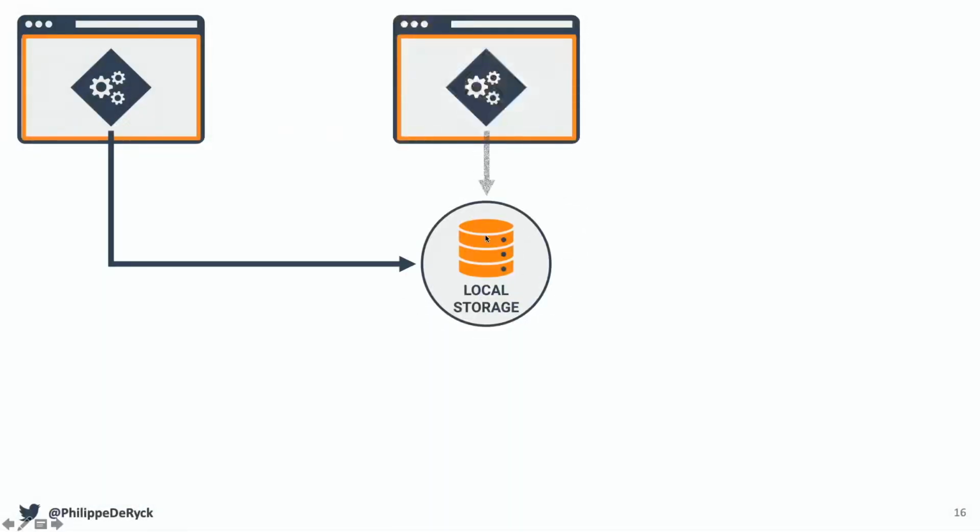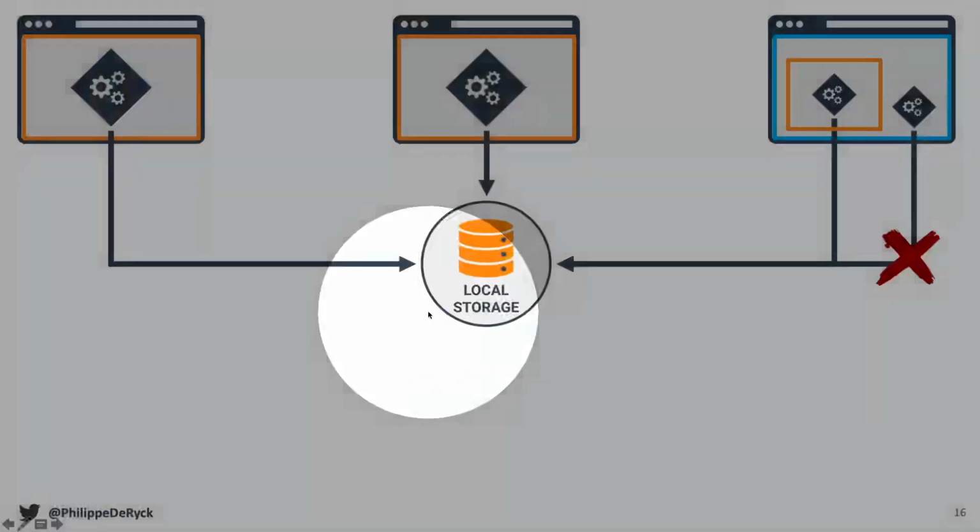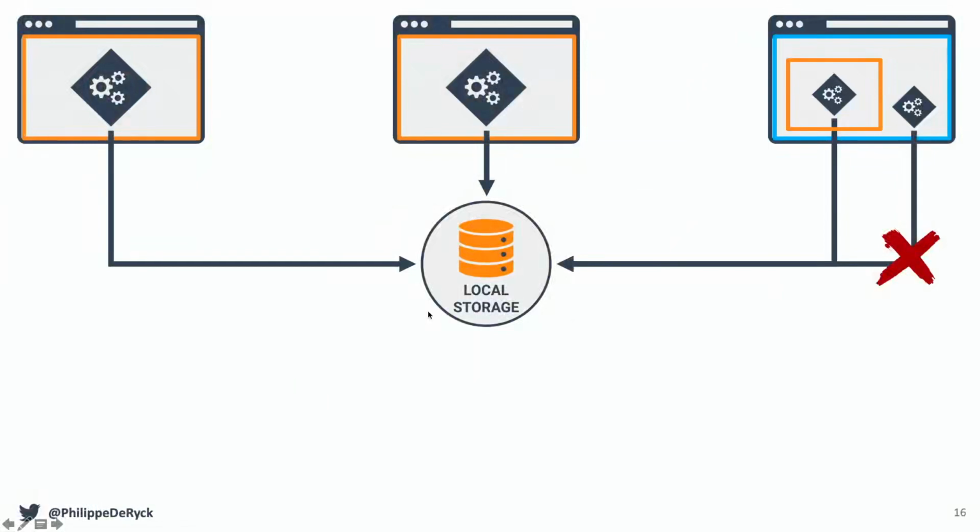Code running in the orange context has the orange origin and will be able to access this local storage area. If you have a separate browser window, same browser of course, a page from the same origin has access to the same local storage area. If it's another origin, the blue one here, it will not have access to that storage area. It will have access to its own area with its own origin, but not the one from the orange origin. However, if you load frames in here, for example, again, this context has the orange origin, it will be able to access that local storage area.